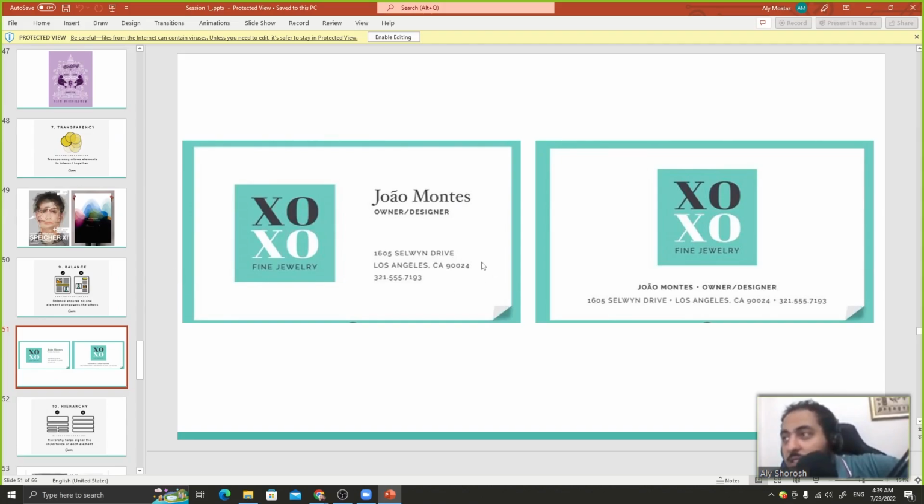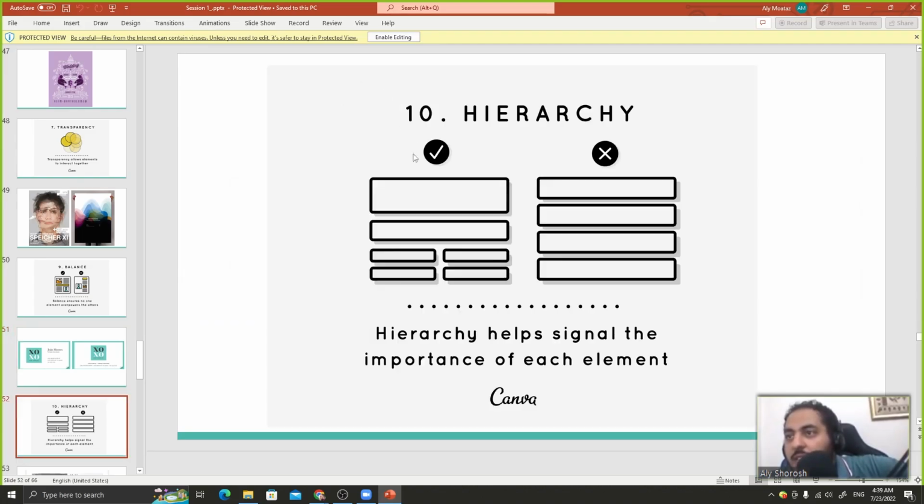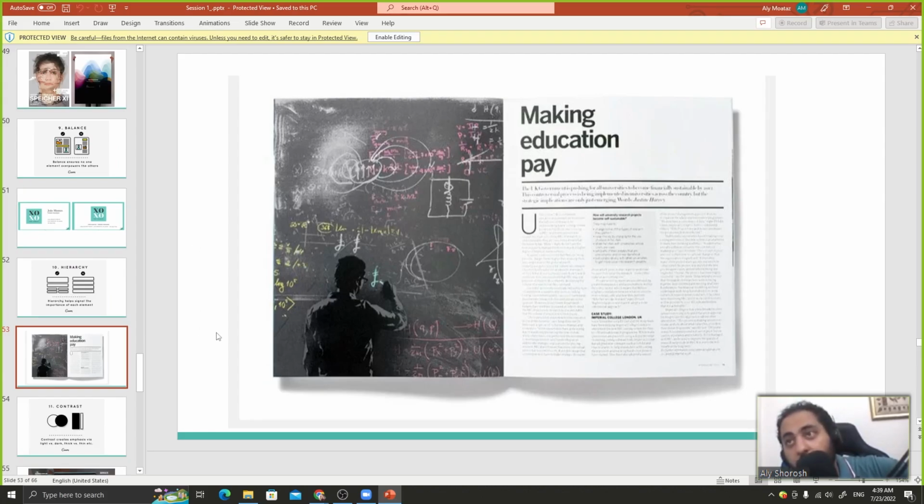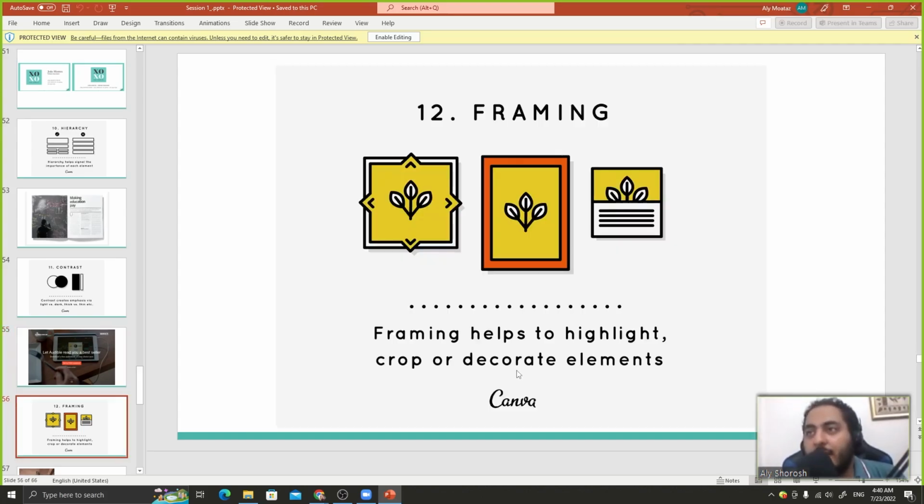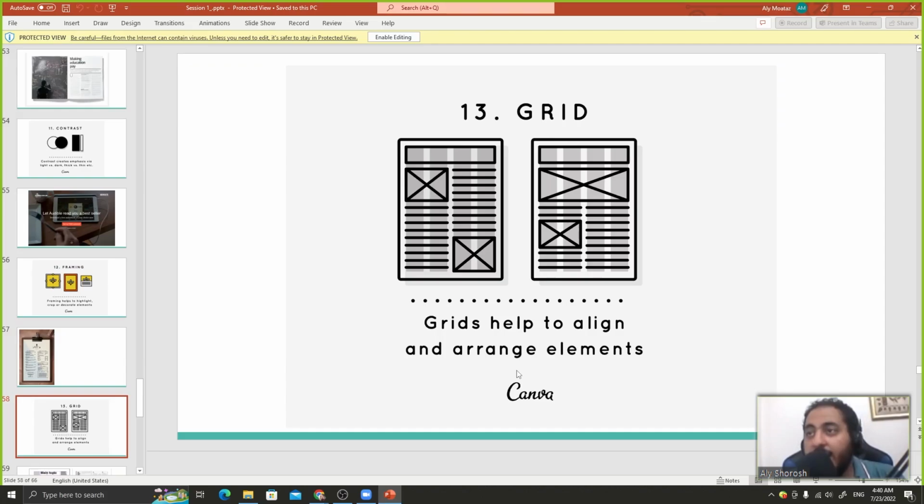And balance is something like this. You can make it like this, or you can make it like this. Hierarchy is to help signal the importance of each element, like this. Contrast, like fading the background with a black color overlay with small opacity, and then text on it to make the contrast. Framing like this, and grid like this,